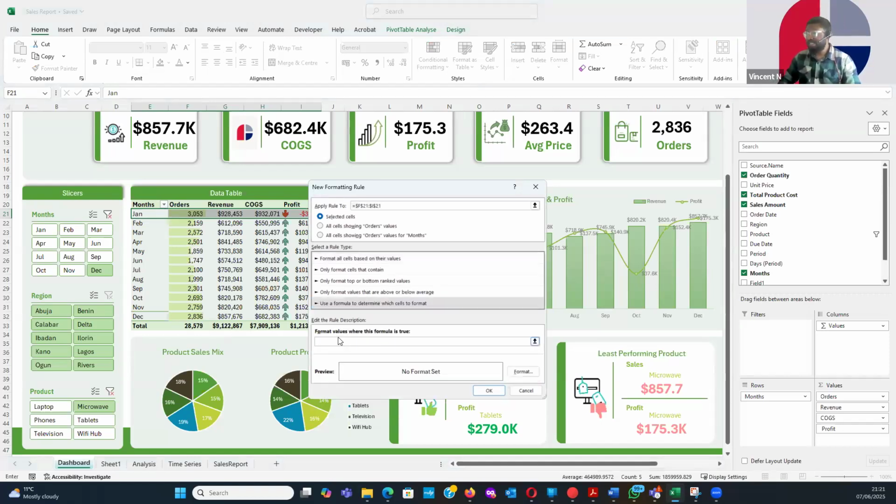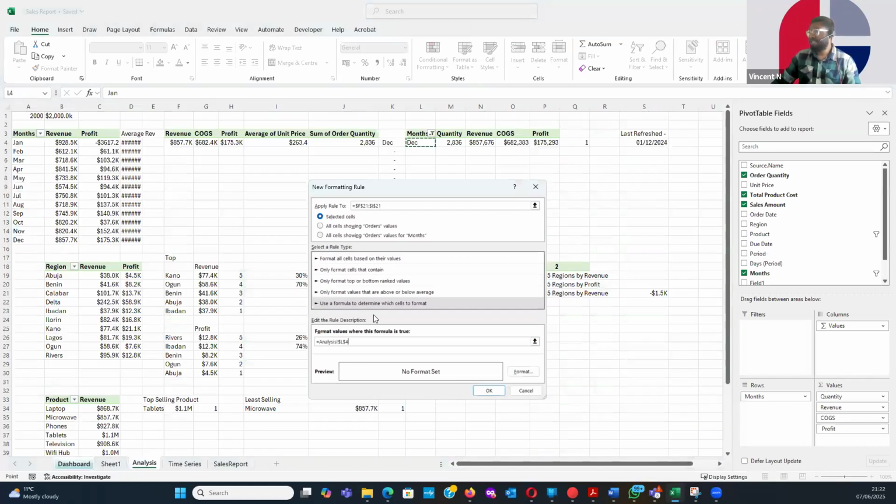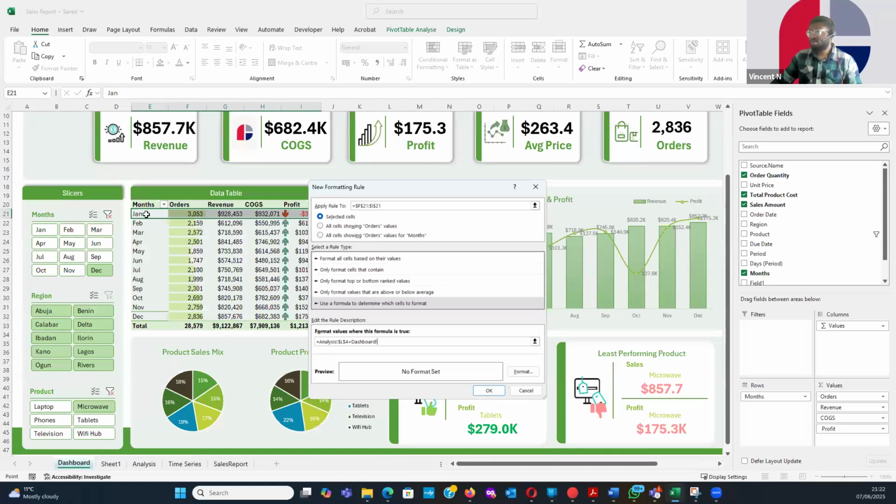So it's just saying L4 is equal to L4 here, right? Is equal to, back to my dashboard, this guy here. And then I remove the lock on 21 so that it can go down, right? And it's saying apply rule to F21 to I21. I want to apply the rule from E21. I hope it allows me to do that. E21 to